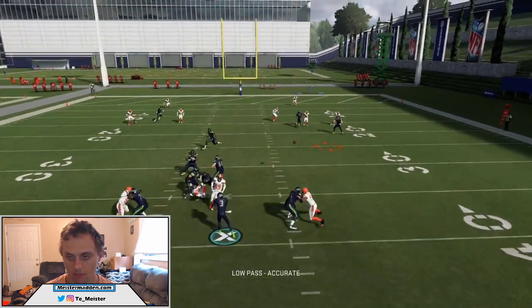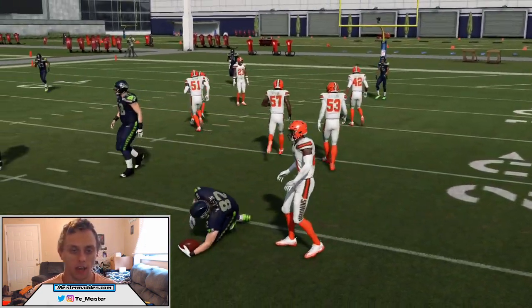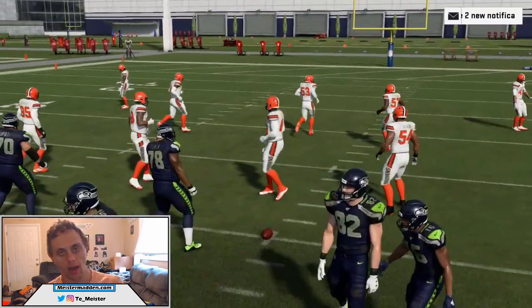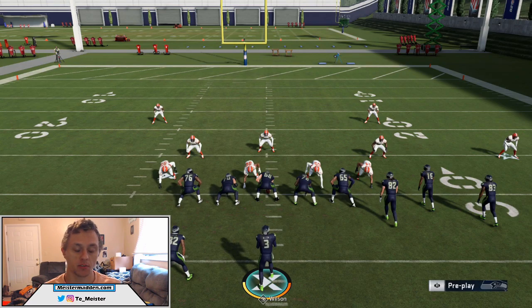Low point pass. You can see right there, easy gain of 7 yards. Now, hash marks do change this a little bit. When I'm running this particular play, I like to have that post route on the wide side of the field versus the short side. I've just found it plays a little better, especially if you're going